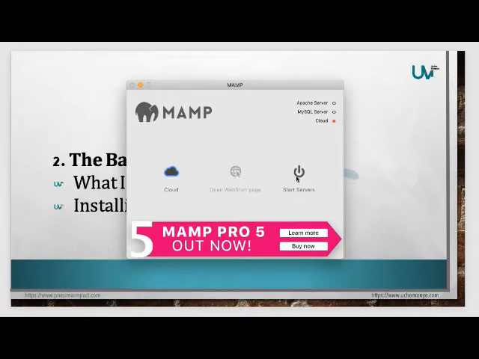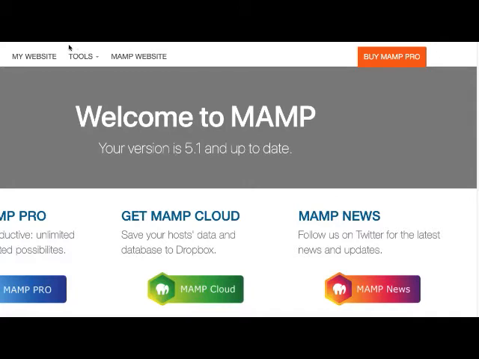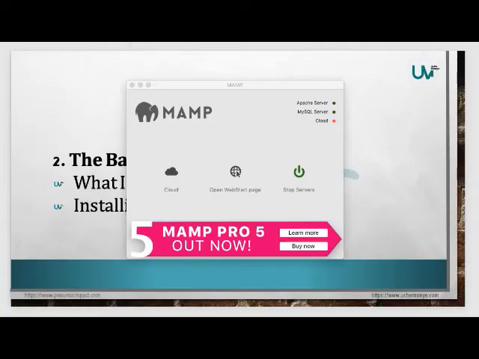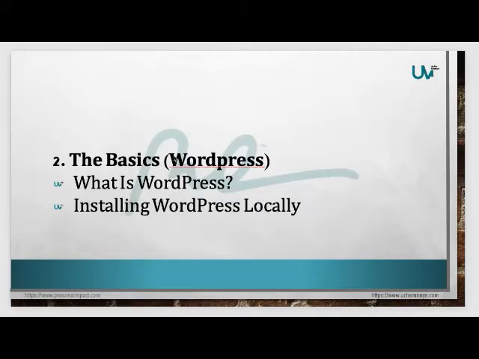On my MAMP, I'm going to start up my server. What your server does is to give your site a face as if it is online. That is what it does for you. So all I needed to do was to start my server. If I click here again, it will stop. I have started my server, and the next thing to do, remember the WordPress